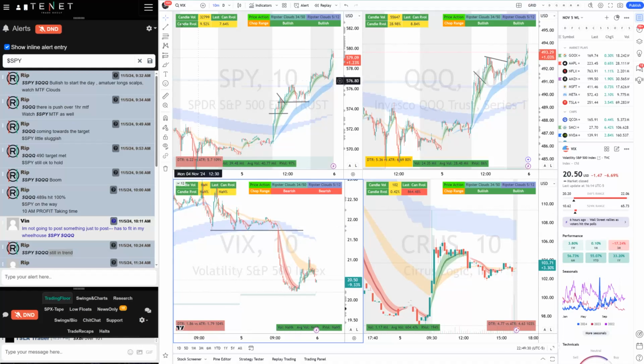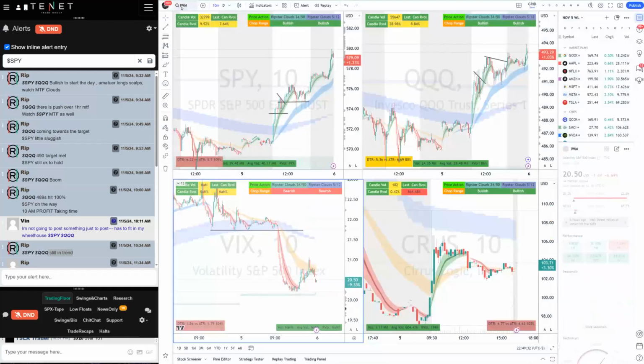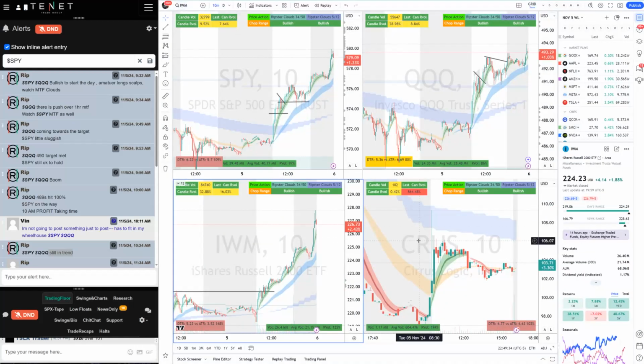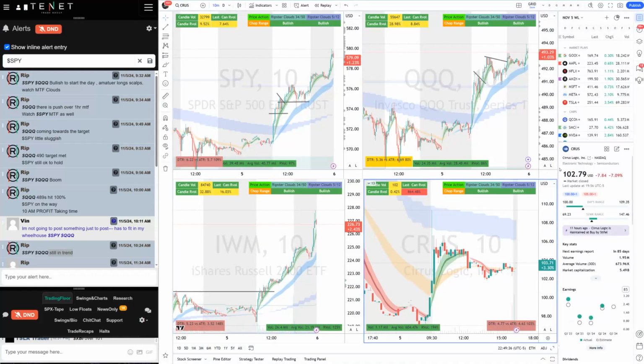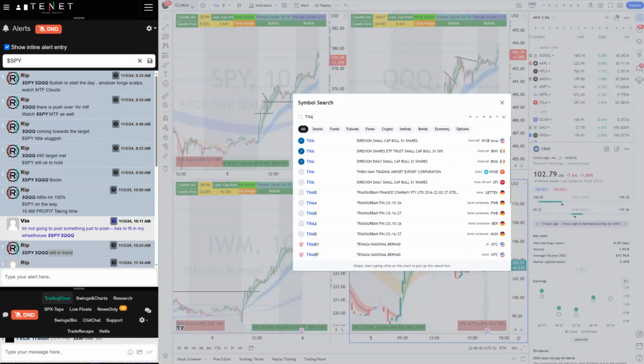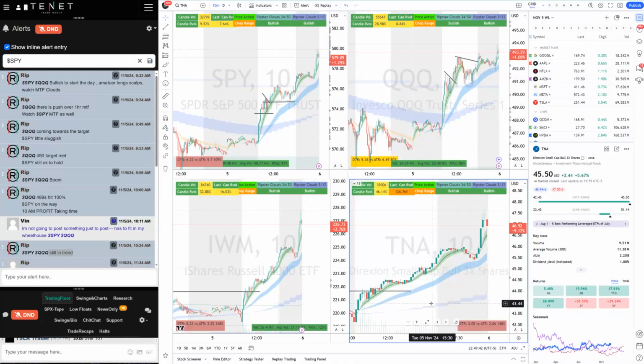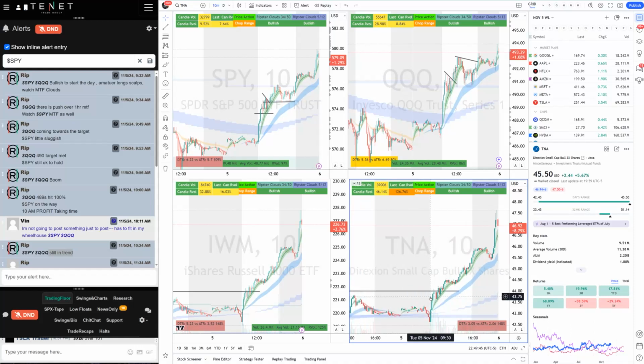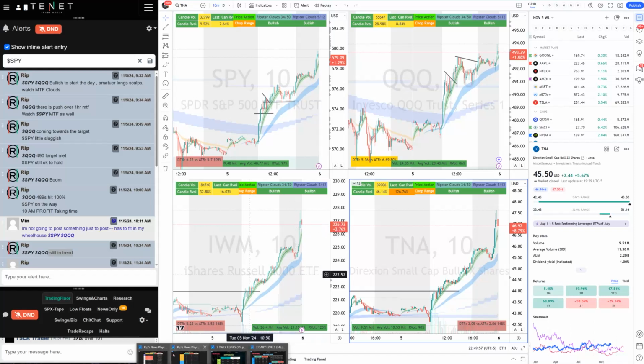So another market index which was pretty strong today, that was IWM, and with IWM, you could trade TNA as well. We also have a rate decision this week, so a lot of rate sensitive names were strong today. And when I talk about the trend market, it's when SPY is strong, QQQ is strong, IWM is strong. When all of these are strong, it's a very trend market, right?